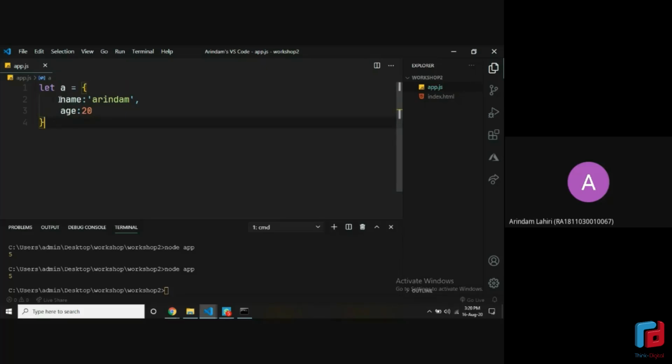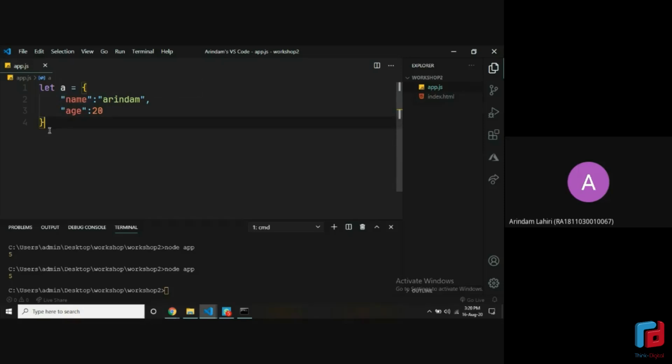If you want to make this a JSON, there's not much difference. Just put quotations around these and around these, right? Whenever you have the keys also in quotations, that means it's a JSON object. And as per standards, you should not use single quotes. It will not give you any problem, but it's the standard. Now let's see how this works.